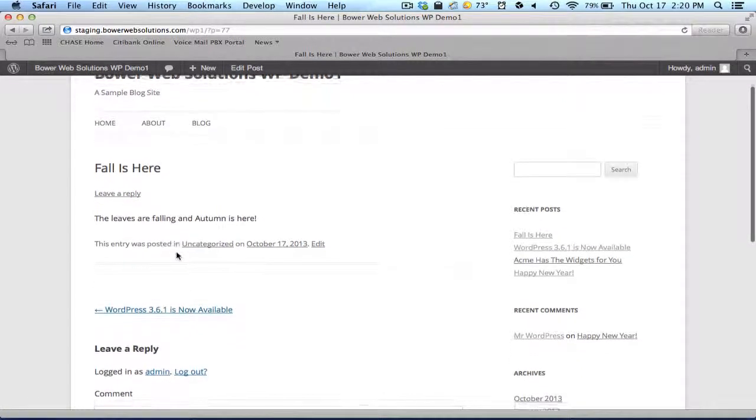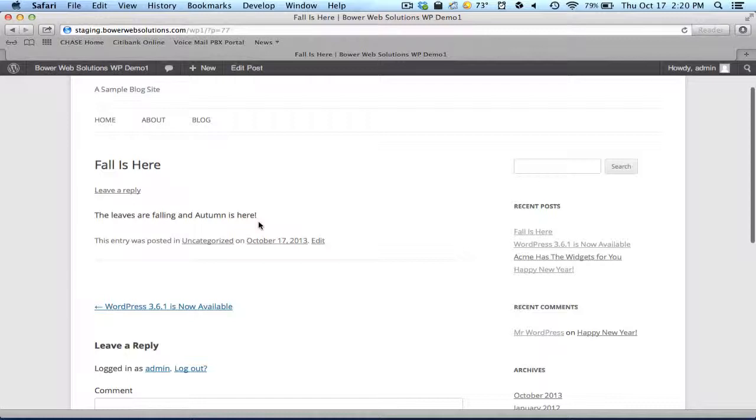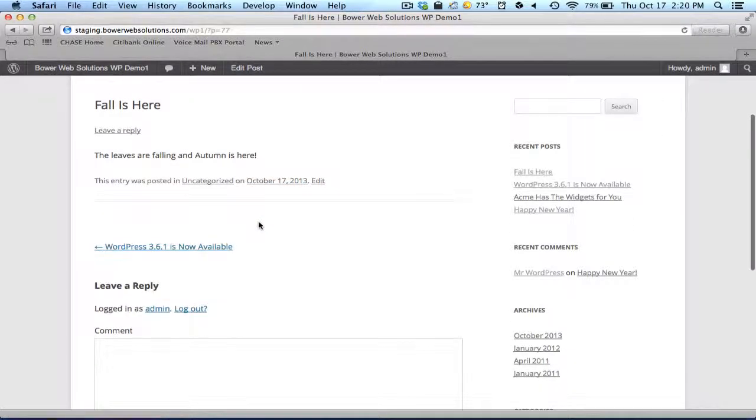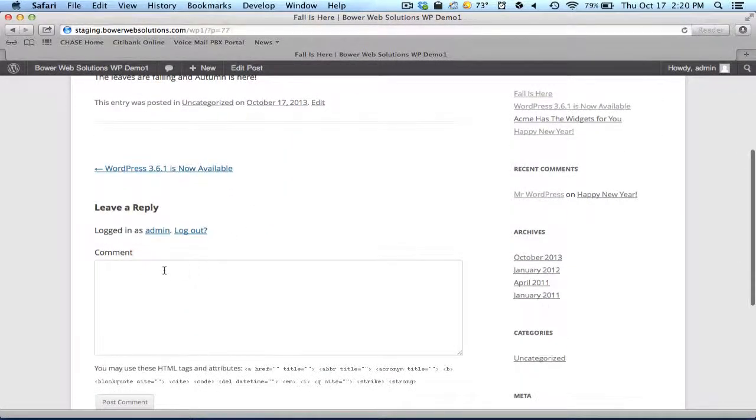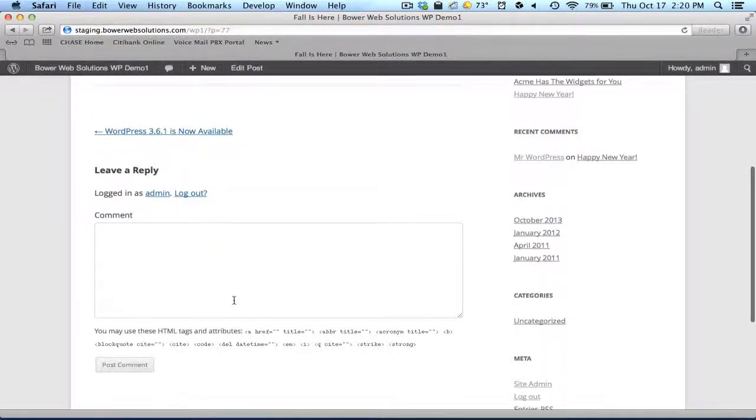But this is a blog posting, so I could talk about my feelings about world government, the economy, what I ate for dinner, and you can see here how by default it will allow people to add a comment. Okay, and again, depending upon how you have your WordPress backend configured, those comments by others might be posted immediately to the site without any intervention from you, or you might have it configured that no one can post a comment